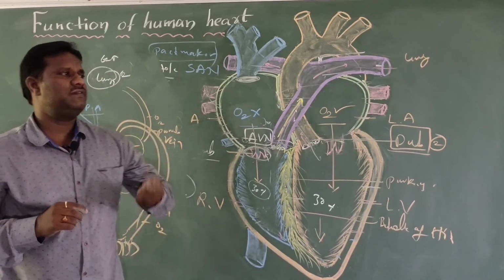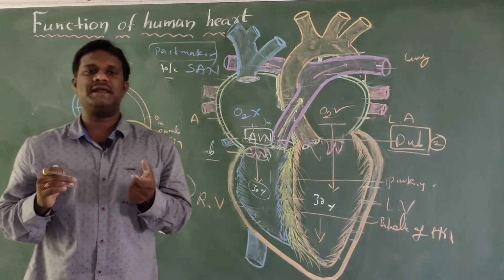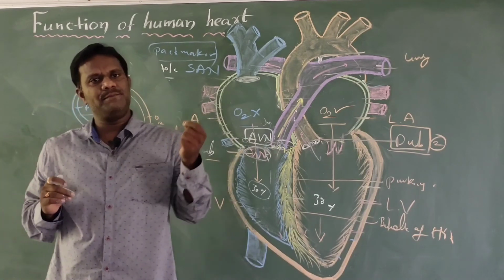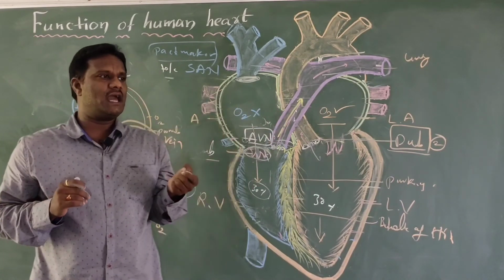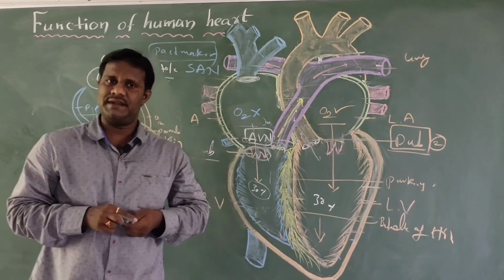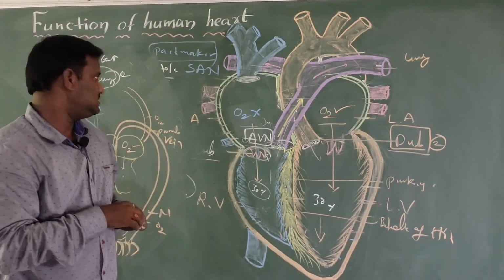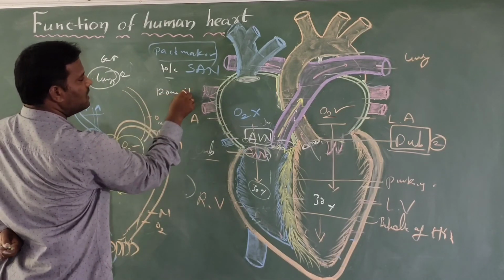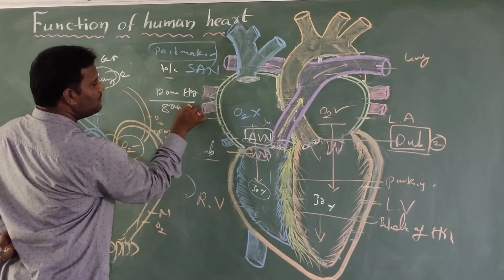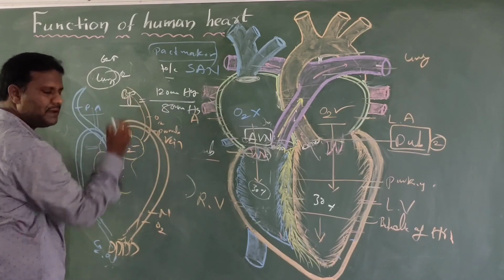And next one, Nana. How is blood pressure calculated? Blood pressure is measured with an instrument called the sphygmomanometer. This sphygmomanometer was invented by Korotkoff, the scientist, most important for NEET. Ventricular systole is 120 mm Hg and ventricular diastole is 80 mm Hg. This is called normal blood pressure.